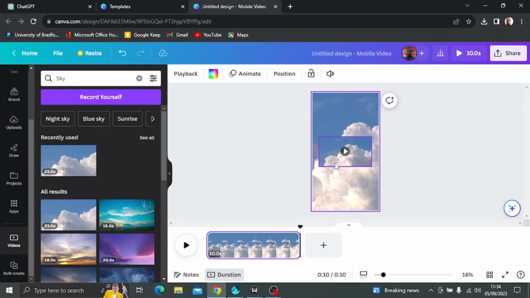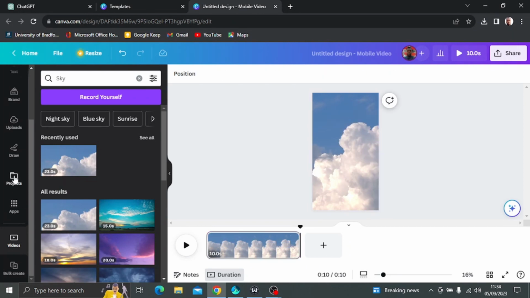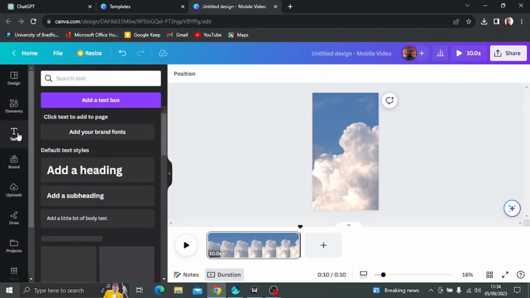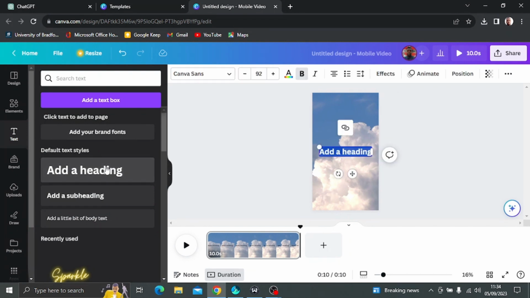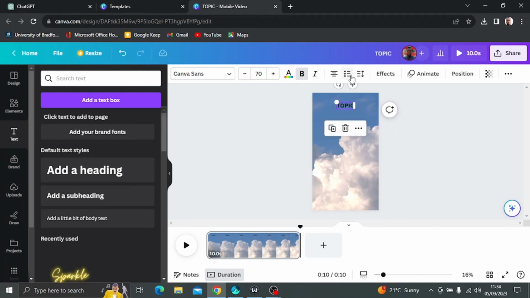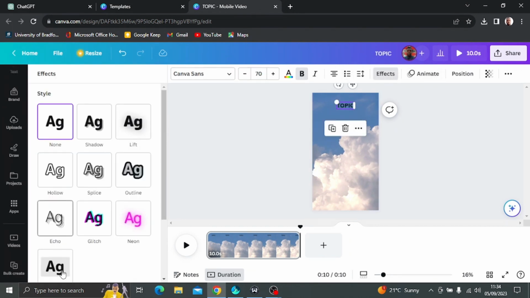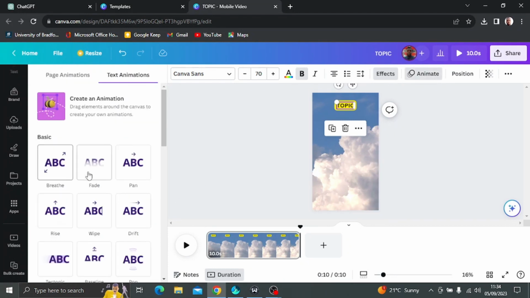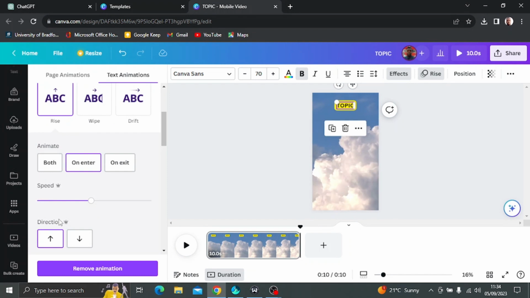Then what I will do is I'll go to text because I need to put text in it. So I'm putting text on it as heading. So remember, I have 3 parts. I have topic, part 1 and part 2. So I want the topic to be on top. So I drag this up, right? I can reduce this to about 70, right? Then I can give it effect. I can give it a background color. It's just basic. I can keep it a yellow, and then I can animate it because I want it to be fancy, right? And that's that being done.